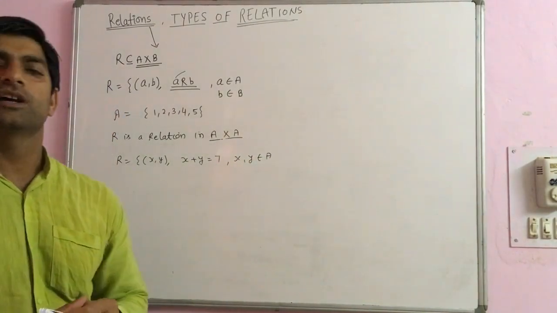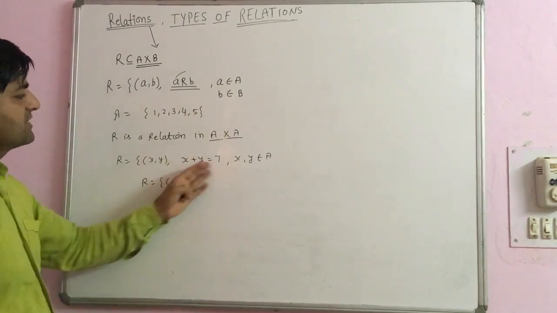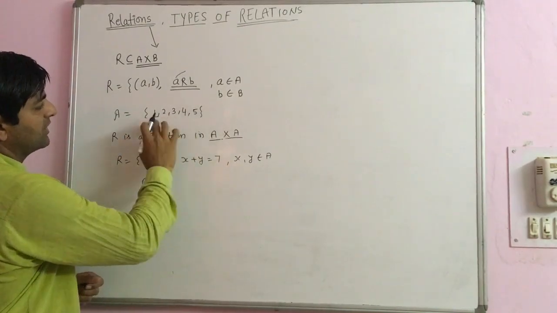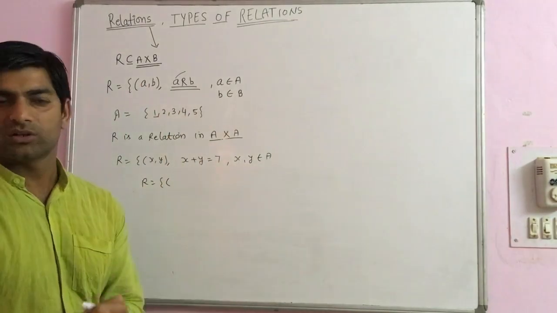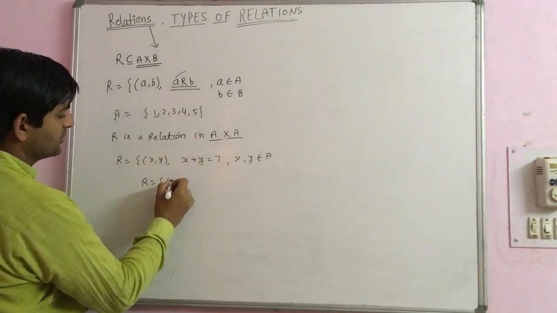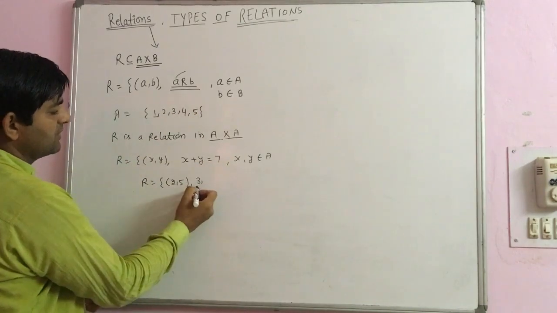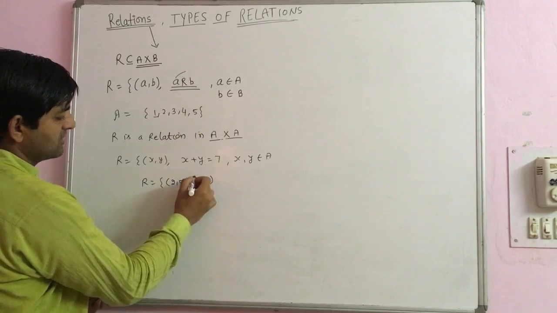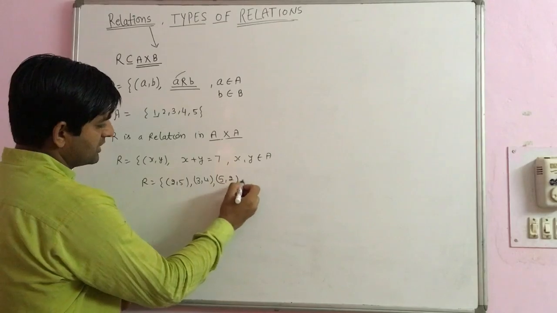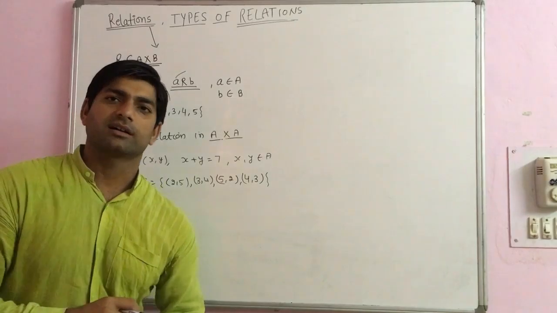So what are the ordered pairs of the relation R? What are the values of x and y which satisfy 7 here? So if you put x as 1, then what is the value of y which makes 7? No value. So if you take 2 here, and if you take 5 from here, then (2, 5) satisfies this relation. If you take 3 from here, and then 4 from here, then it is also satisfying. Similarly, (5, 2) and (4, 3). So these are the pairs of our relation.